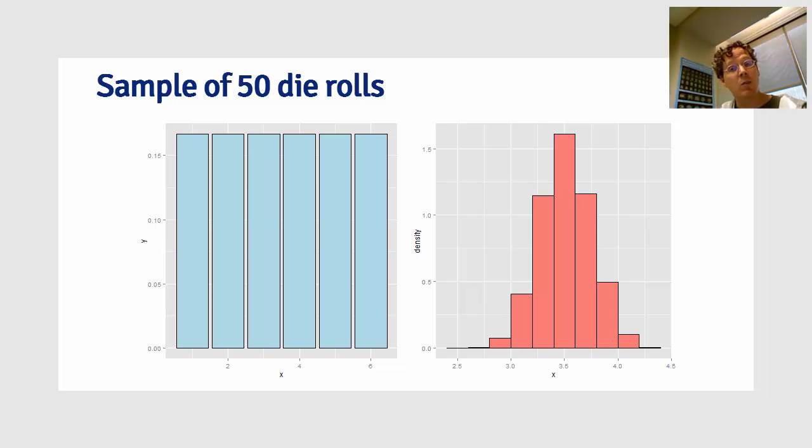Now, a lot of these things for the average we don't have to do because we know things about the distribution of the average. We know that it's centered at the population mean. We know that its variance is sigma squared over n. Several things like that. But I'm going to talk about it with respect to the average first, and then you'll see hopefully how this extends to other statistics other than the average.